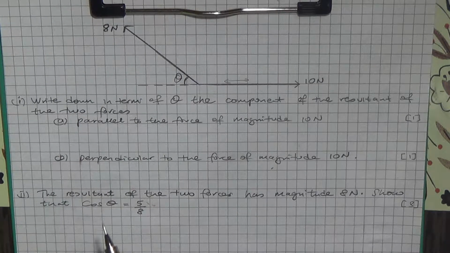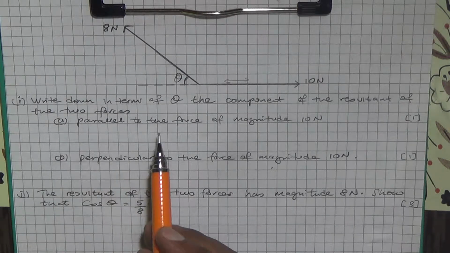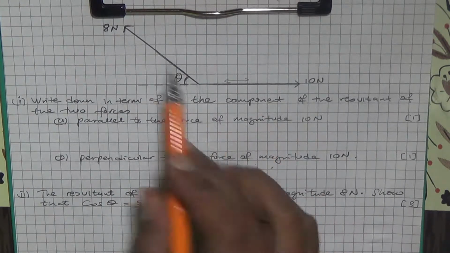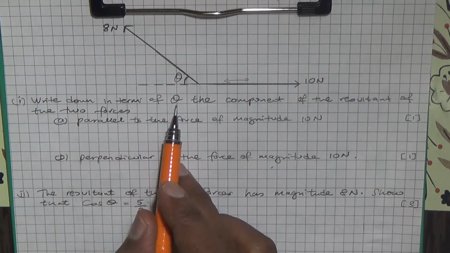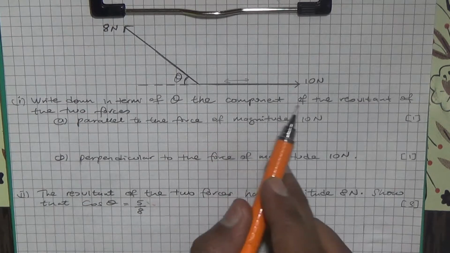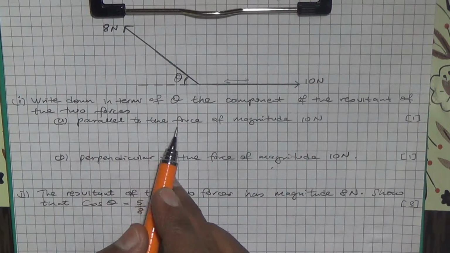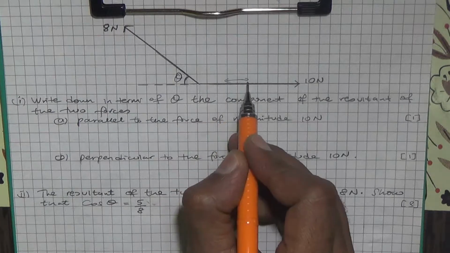Hi. For this question, forces of magnitudes of 10 newtons and 8 newtons act in directions as shown in this diagram. And we need to write down in terms of theta the component of the resultant of the two forces, for the first part, parallel to the force of magnitude 10 newtons. Parallel to 10 newtons, that's going to be